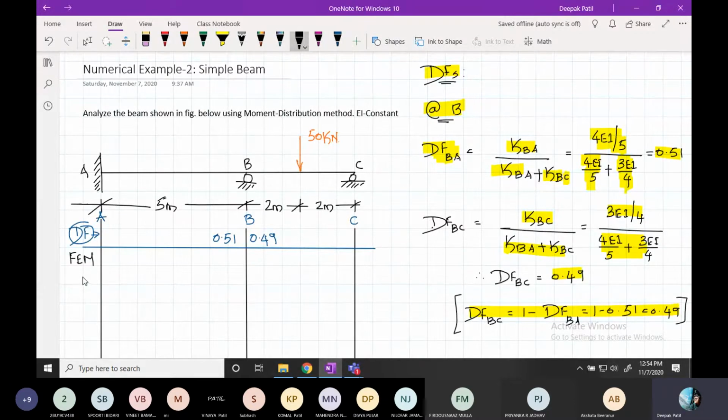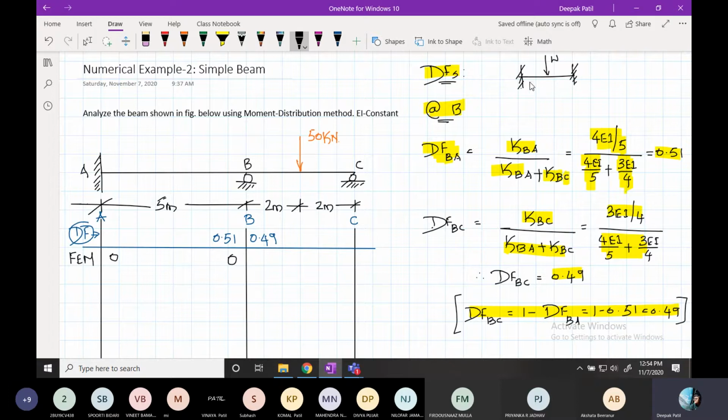Next step, what you should write is fixed end moment. Since span AB is not having any loads, the fixed end moment will be 0, right? And span BC is having a point load which is exactly at the center, right? If you see the standard table to find the fixed end moments, if there is